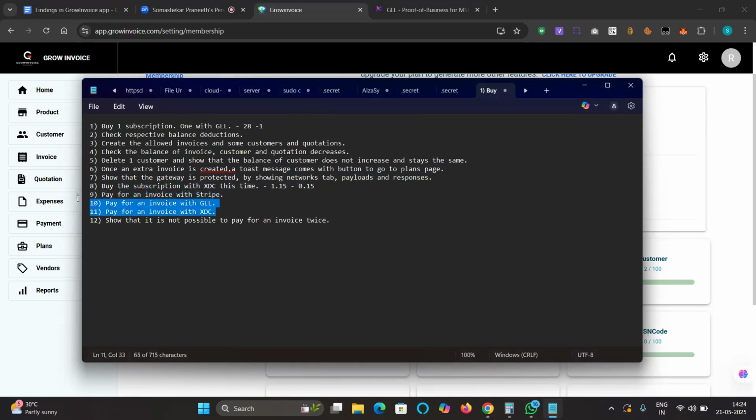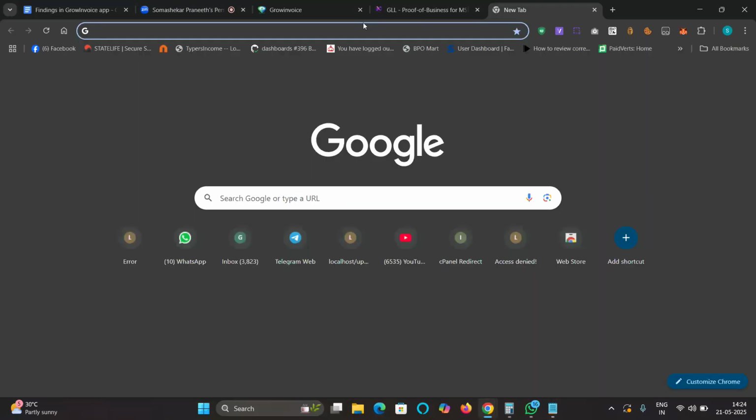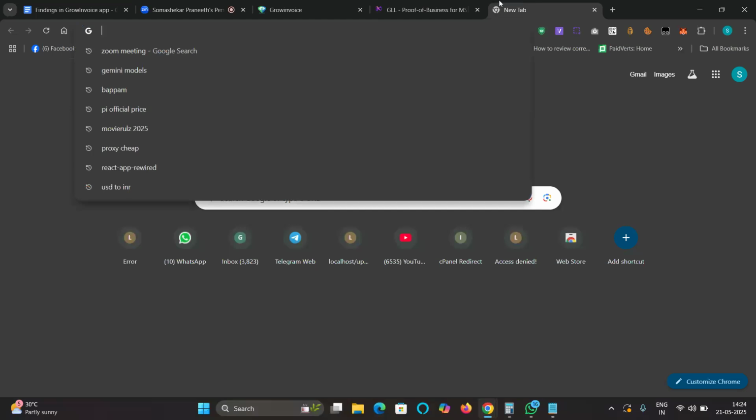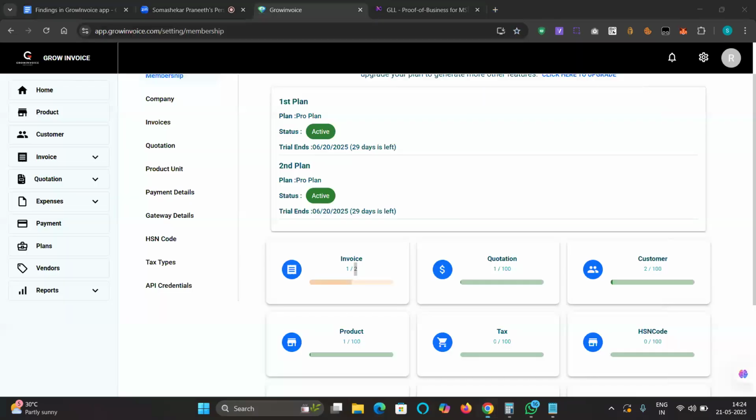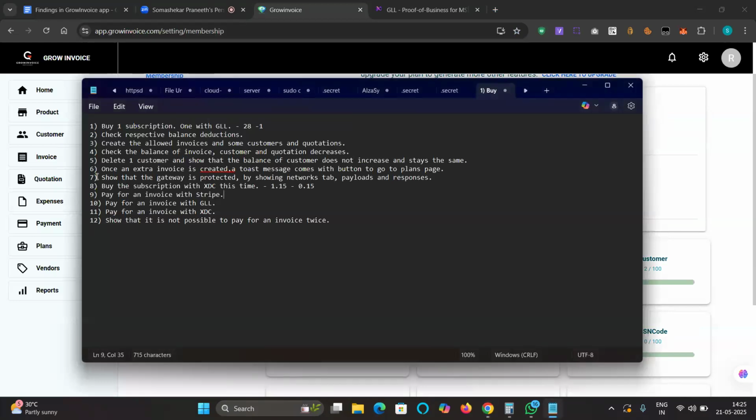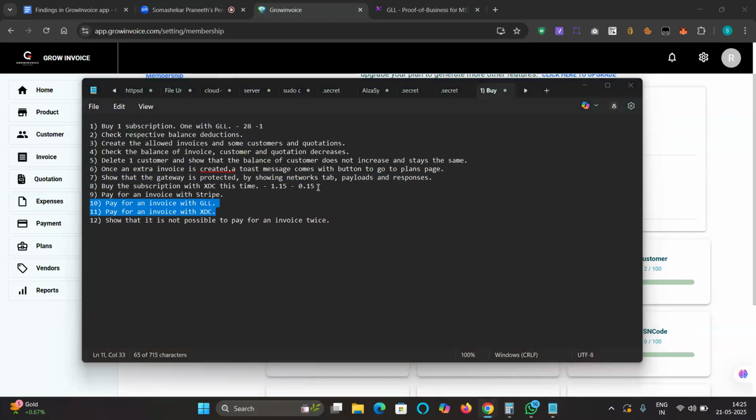So we need to check paying the invoice. For Stripe, GLL and XTC, for Stripe I need to have a key. For testing purposes I will take two keys. Give me 1 minute. I will show it in these two steps, 10 and 11. Now, for paying the invoice with Stripe,